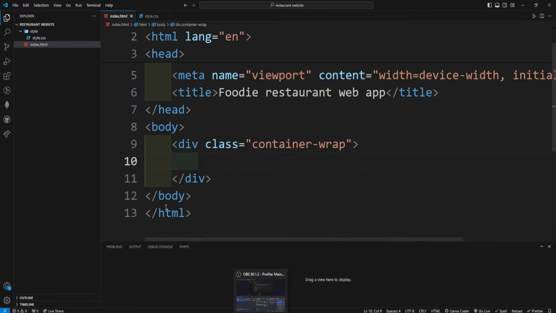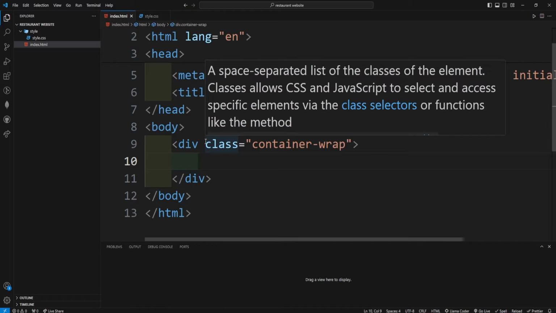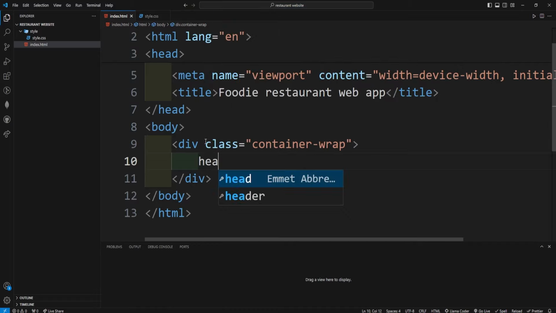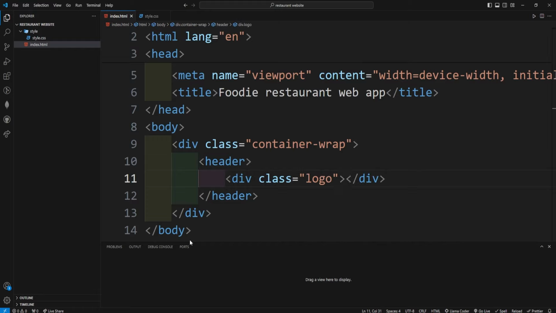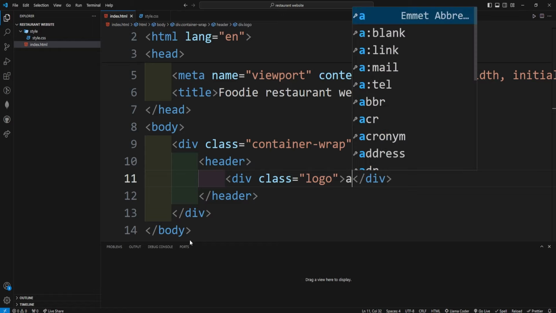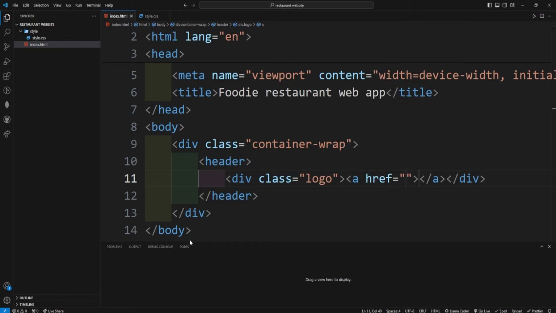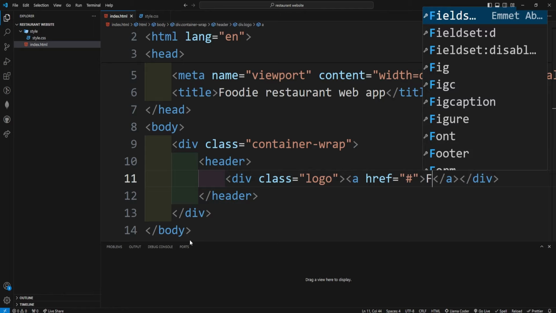This div will wrap our website in the center of the screen. Inside it, add a header tag. In this header tag, we will place the logo and the navigation bar. So add a div with the class name of logo. In this div, add an anchor tag, and in href attribute, add a pound sign. Now type dummy brand name logo foodie,